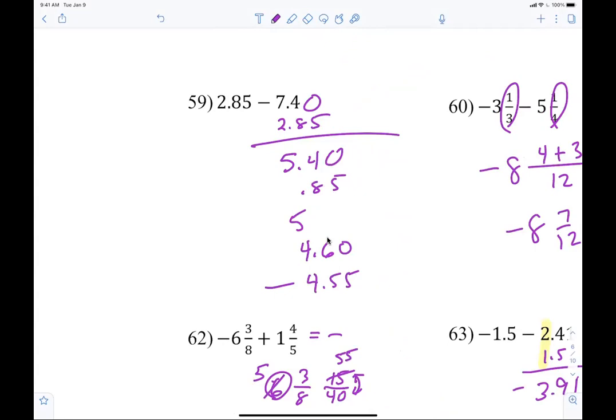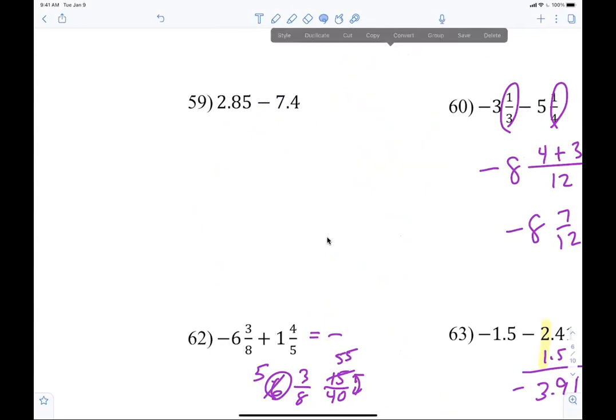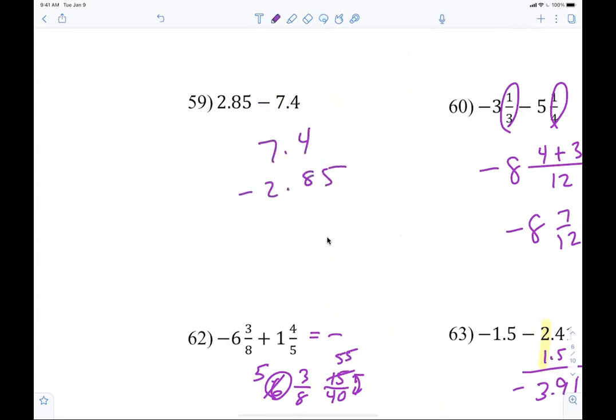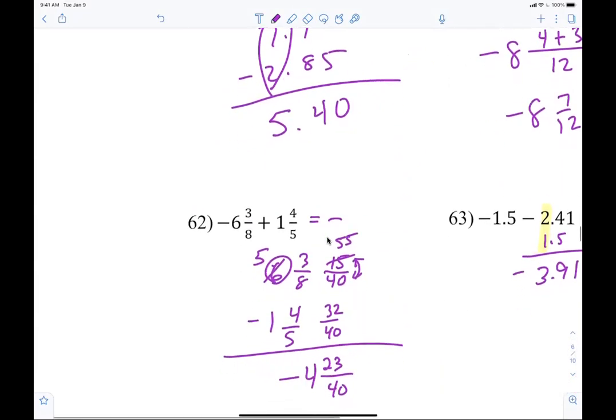Let's do that again because I think that's important. Watch me. I don't do all the work, right? What I'm trying to show you is 7.4 minus 2.85. I'm showing you how my head does it, okay? So the first thing I do is just 7 minus 2. That's 5, right? Now I have 5.40, and I only have to subtract 85 cents, right? So I subtract 40 cents first. That takes me to 5. Do you agree with that? Now I subtract another 40 cents. So I'm at 4.60. Then I subtract the nickel. Does that make sense, right?